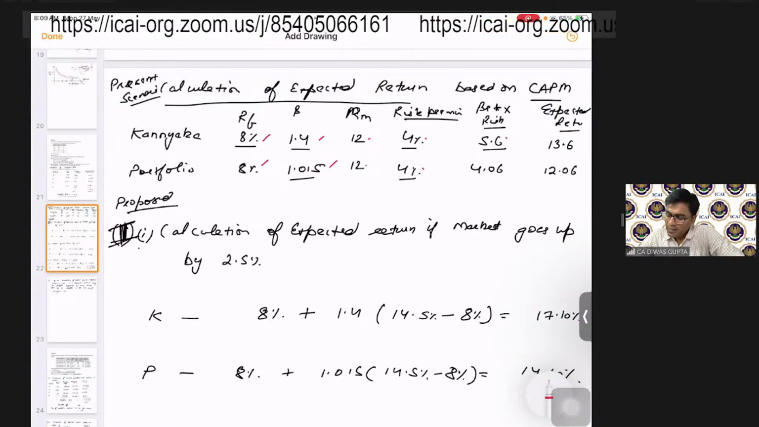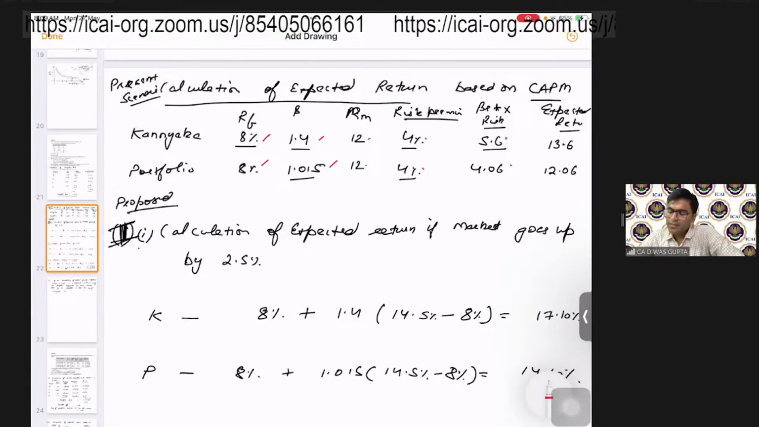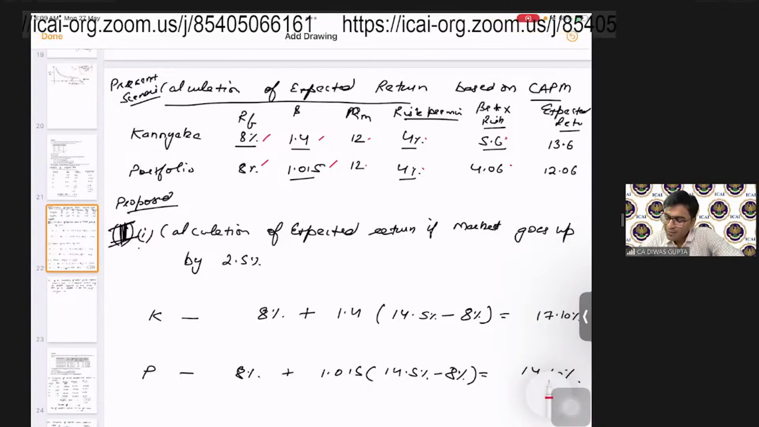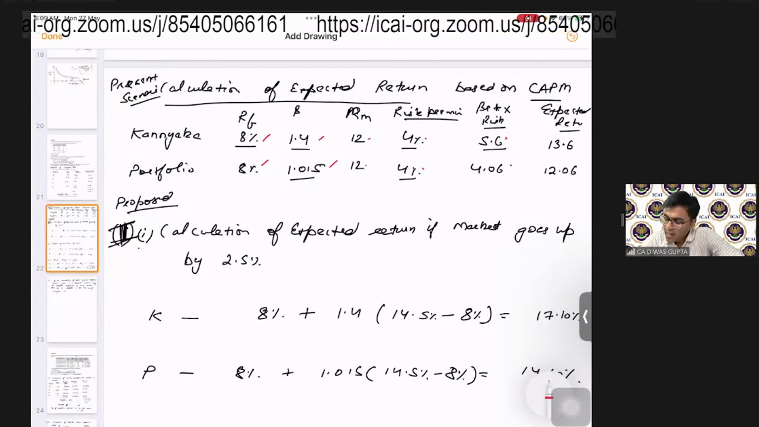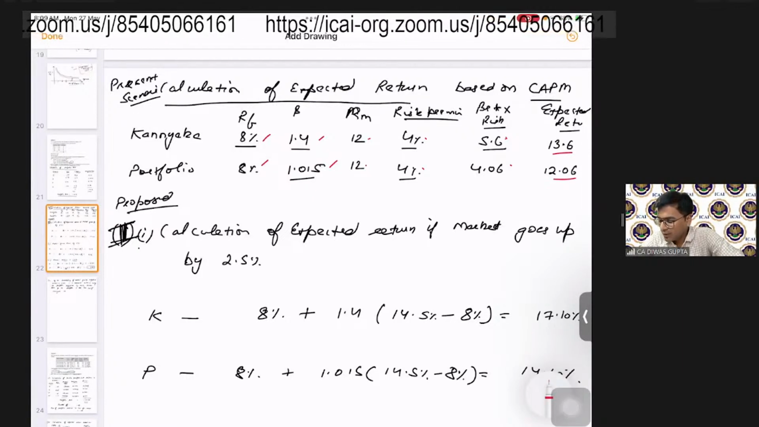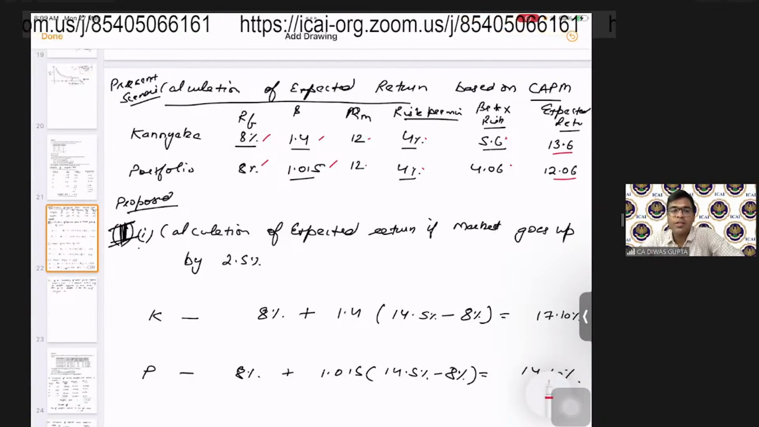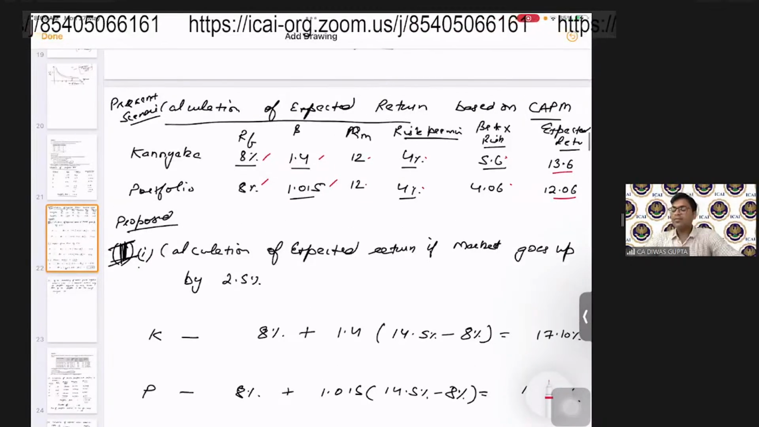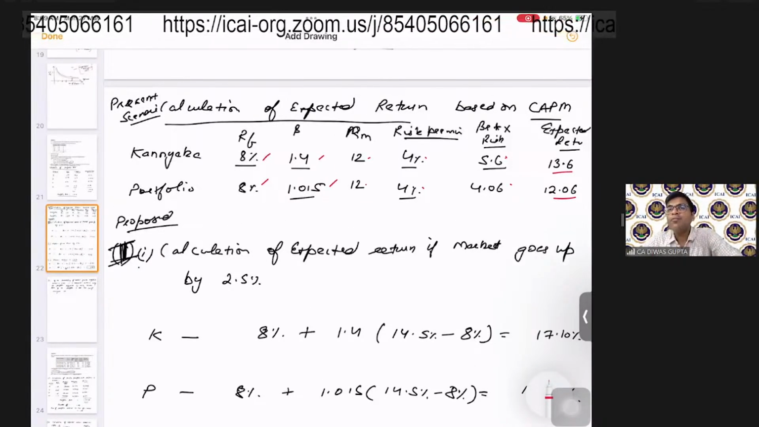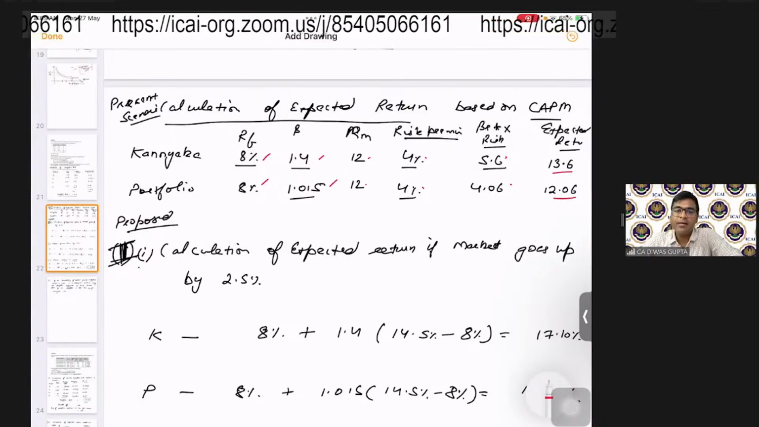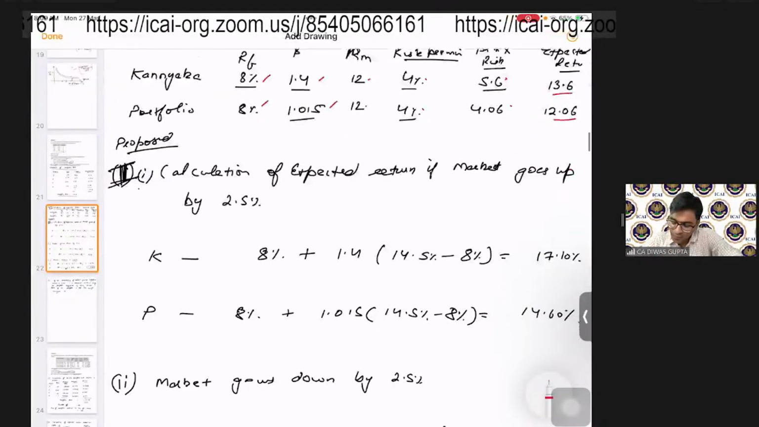So the beta multiplied by the risk premium for that particular Kanakya or portfolio is this much, which is 5.6 and 4.06. And hence the expected return will become 13.6 and 12.06, students. Okay. So simply what we have done, we have actually tried to find the missing link of portfolio beta to arrive at the portfolio return as well as Kanakya returns. Then